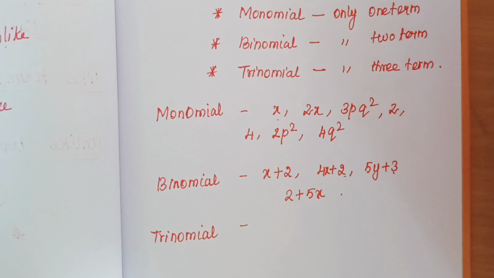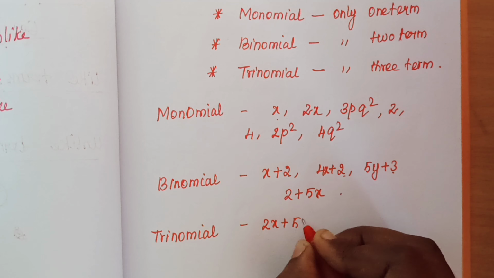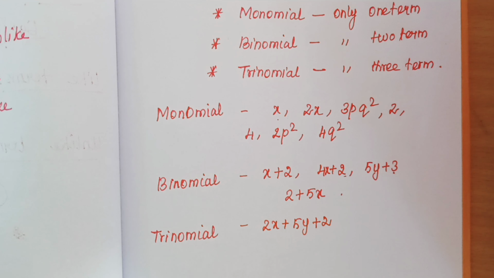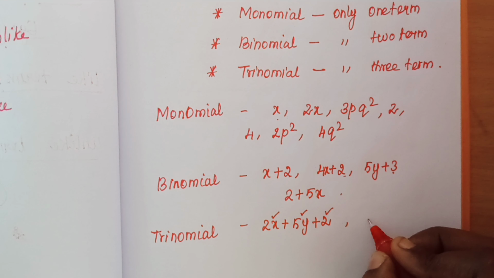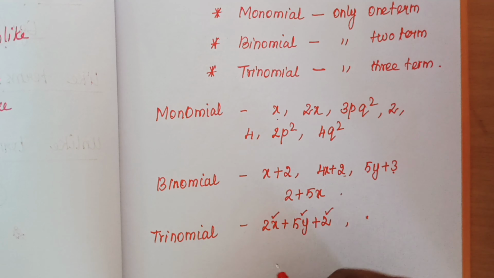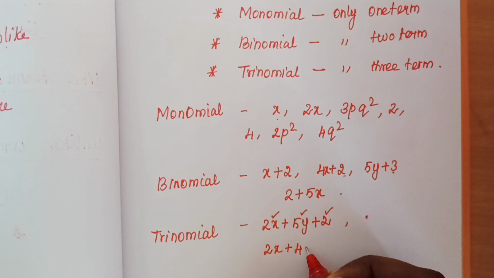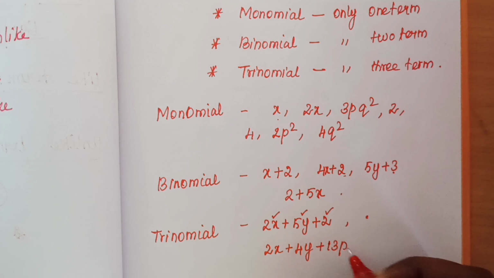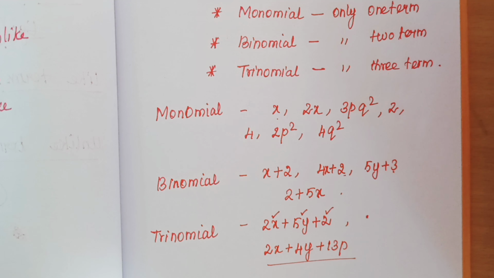Clear? Now trinomial is very simple. It should contain how many terms? 3 different terms it will contain. So give me an example: 2x plus 5y plus 2. This is one example. How many terms do you have? 1, 2, 3. Then another one. One more example: 2x plus 4y plus 13p. This is also a trinomial, because you have 3